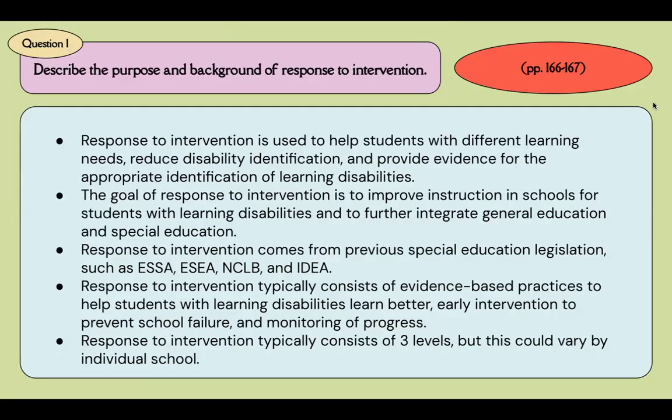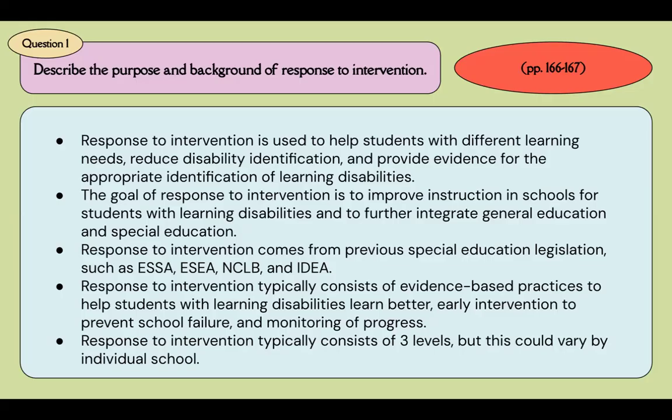For question one, describe the purpose and background of response to intervention. Response to intervention is used to help students with different learning needs, reduce disability identification, and provide evidence for the appropriate identification of learning disabilities. The goal of RTI is to improve instruction in schools for students with learning disabilities and to further integrate general education and special education. RTI comes from previous special education legislation, such as ESSA, ESEA,